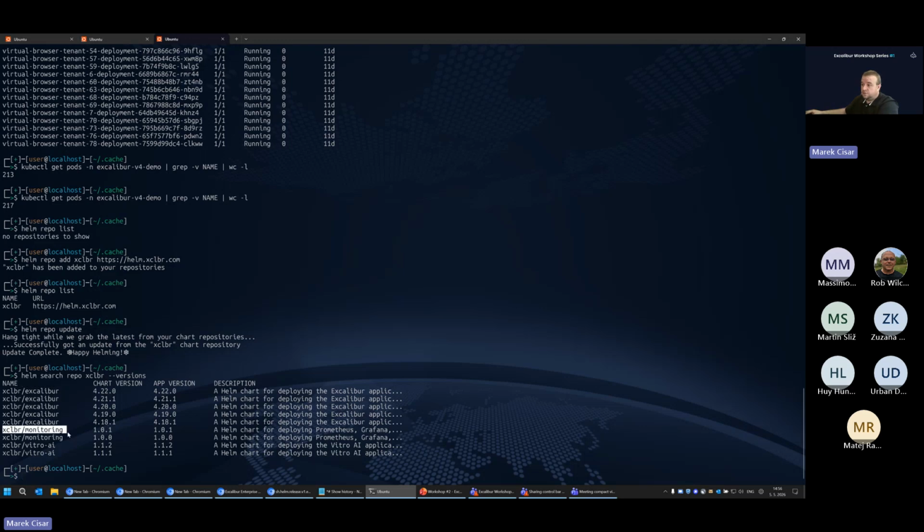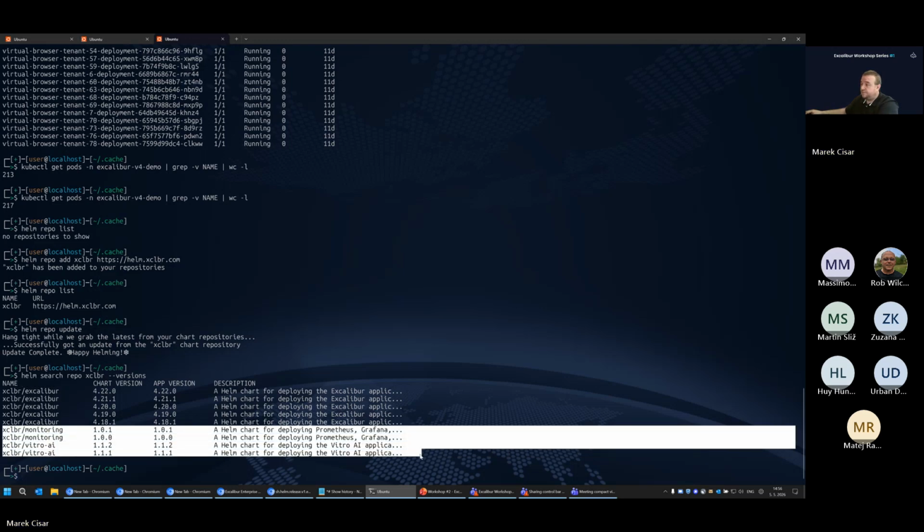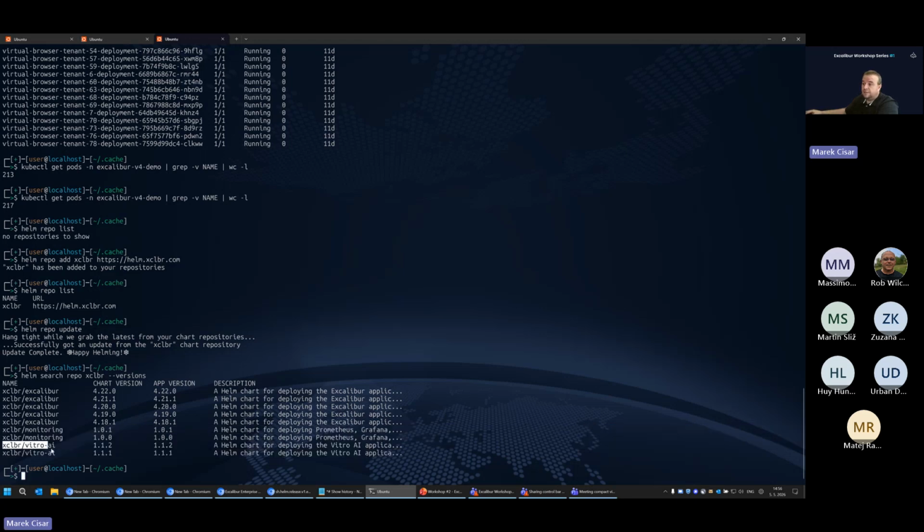There are also two more charts of two different versions. One is regarding the AI model, which I was talking about regarding the integration of Excalibur SAM with it. And also there is our internal one, which is called Excalibur monitoring. This is typically not used by customers, but we are using the same repository for this Helm chart as well.